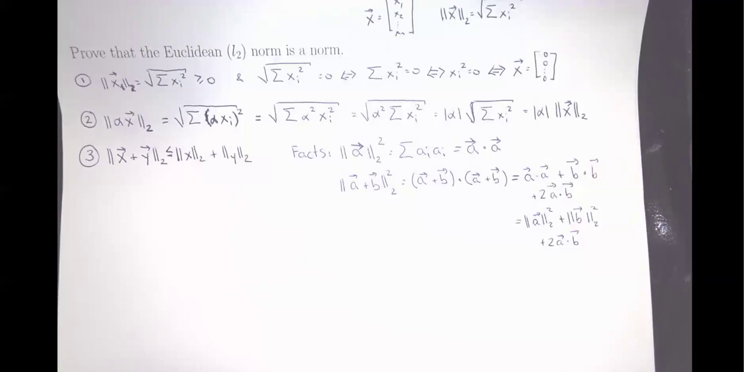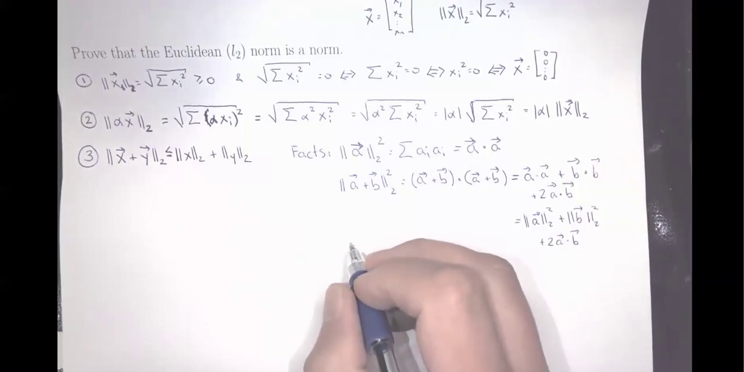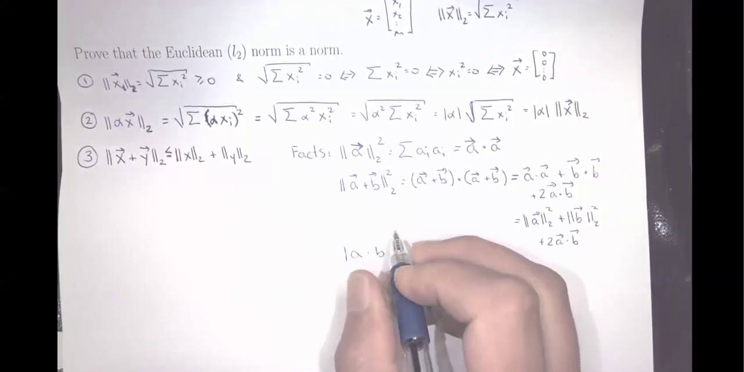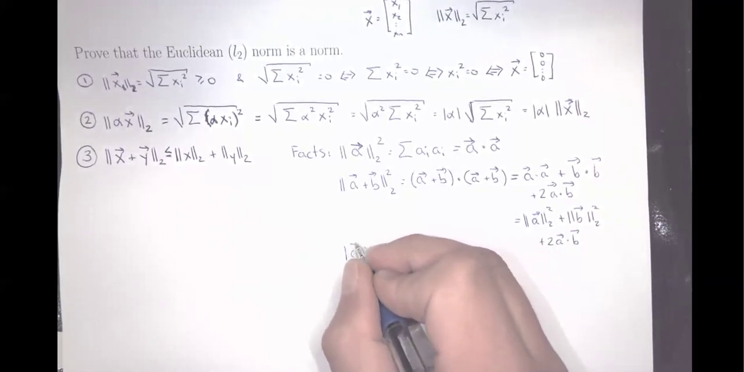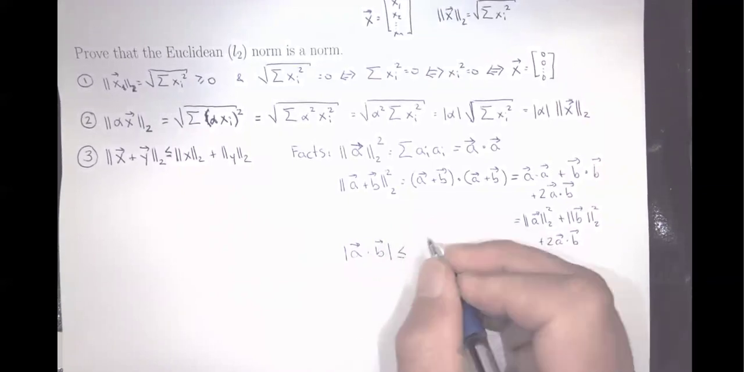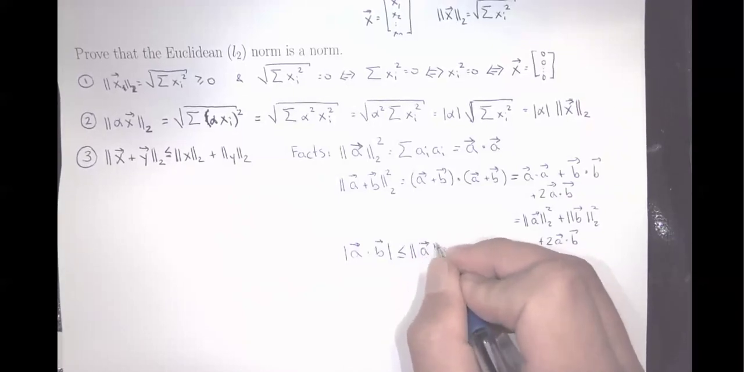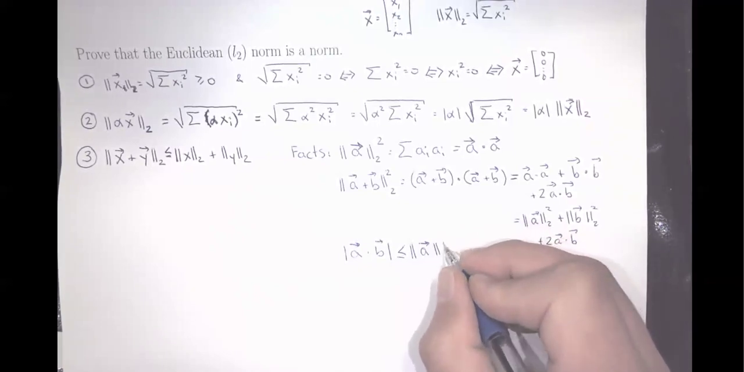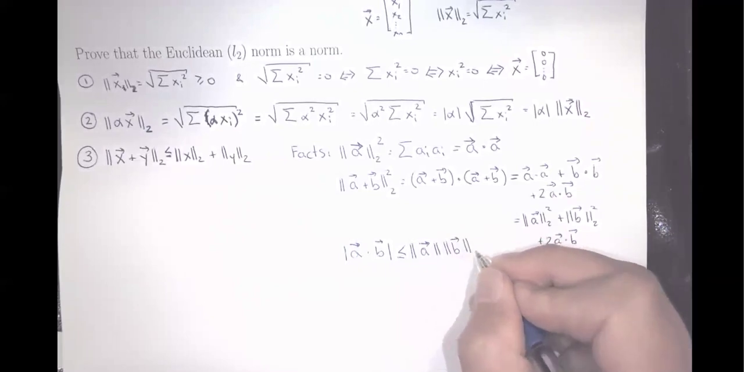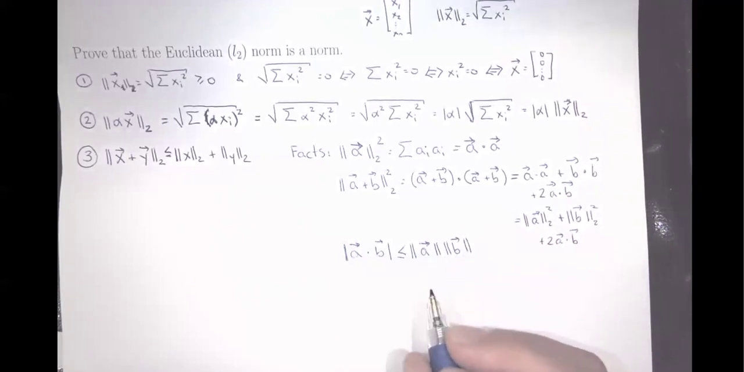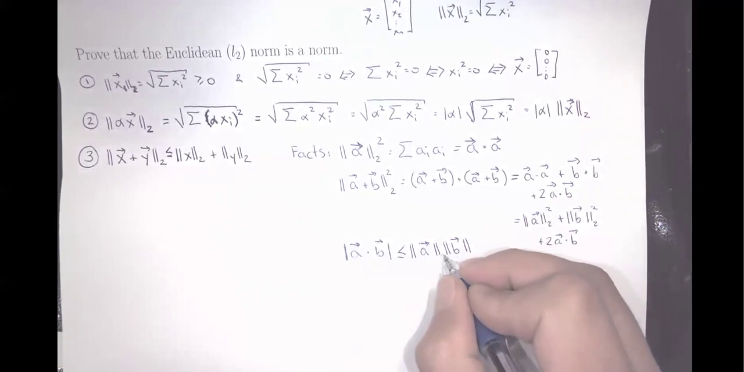The other thing that we need to remember is fact 3, the Cauchy-Schwarz inequality, which states that the absolute value of A dot B is less than or equal to the norm of A times the norm of B. The absolute value of the dot product is less than or equal to the norm of A times the norm of B. Okay. So using these facts,